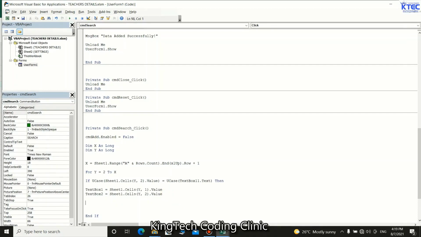Now we need the option buttons. We're going to use an if statement. So we say if sheet 1 dot cells, bracket, y comma 3 bracket close dot value equal to male, then